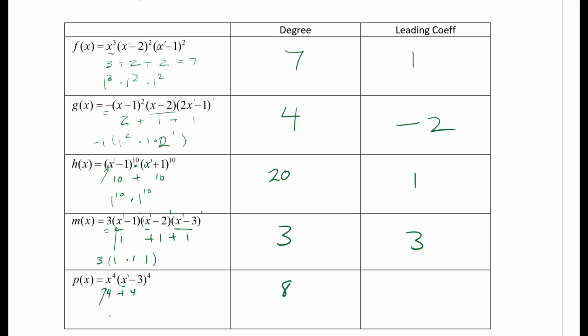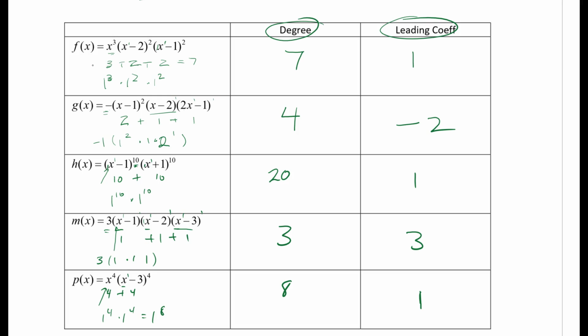And then here hopefully you just see that this is 1 to the 4th, 1 raised to the 4th power, that's 1 to the 8th, so the leading coefficient here is also 1. So now, knowing that we have the degree and the leading coefficient, we could sketch the end behavior of these